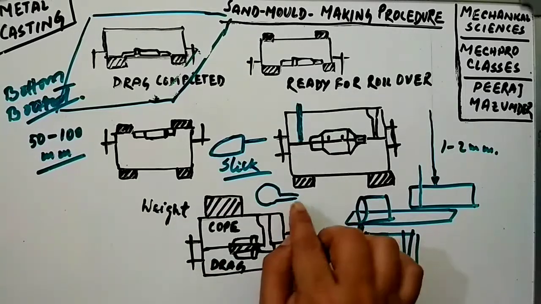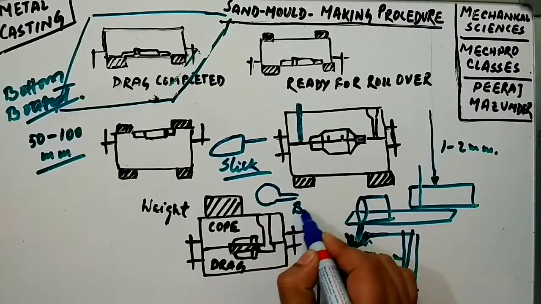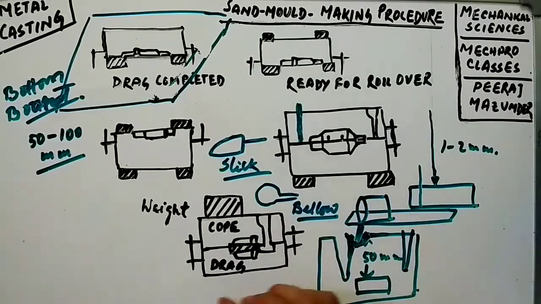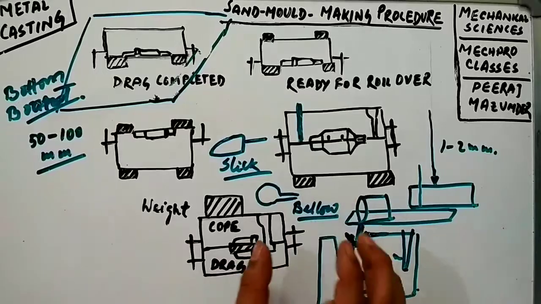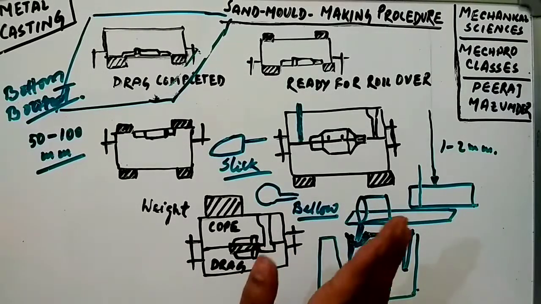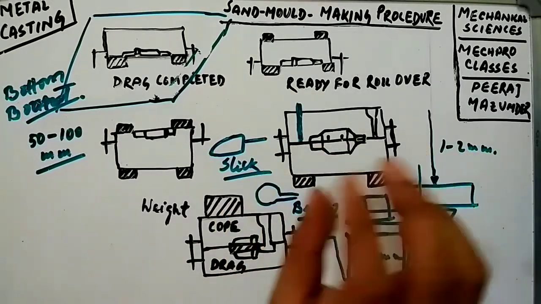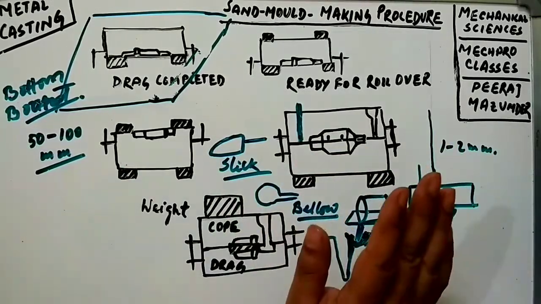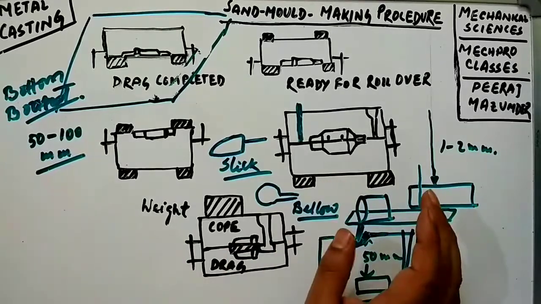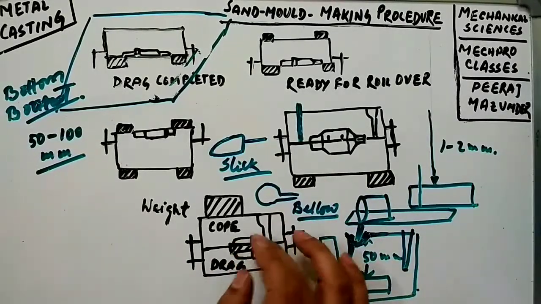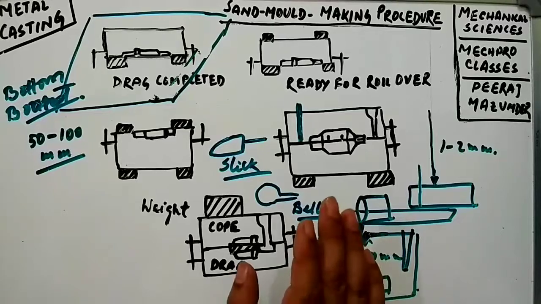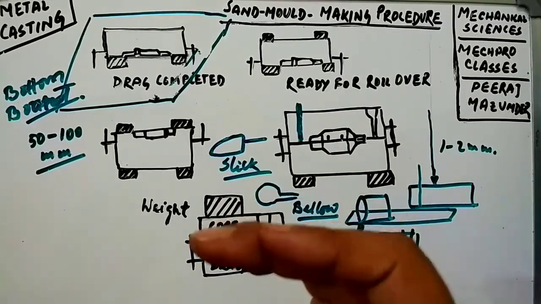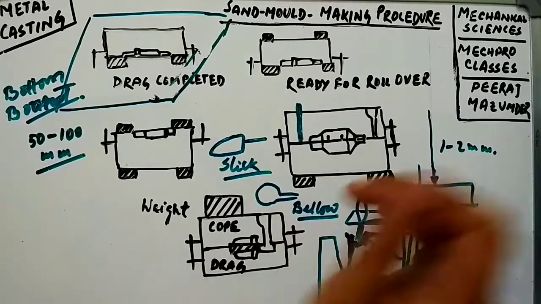Okay, so that is the bellows. Sometimes it comes in a larger size also. I have shown a smaller size of the bellows. Now the facing sand: you have to make a paste of the facing sand. You know what facing sand is, I already discussed. So facing sand in the form of paste is to be applied all over the mold cavity and the runners as well, which would give the casting a very good surface finish, as the main function of the facing sand is to give a good surface finish.